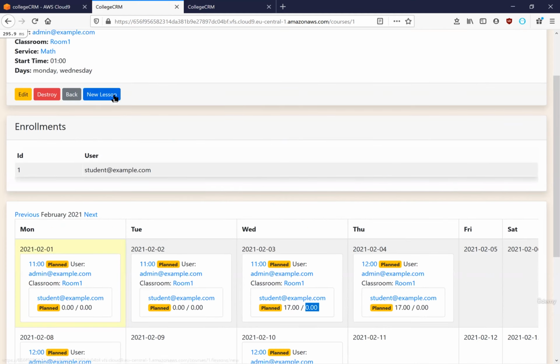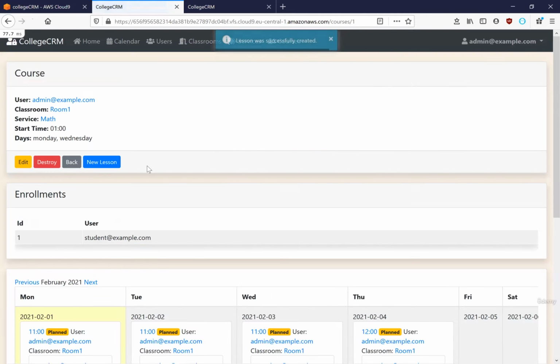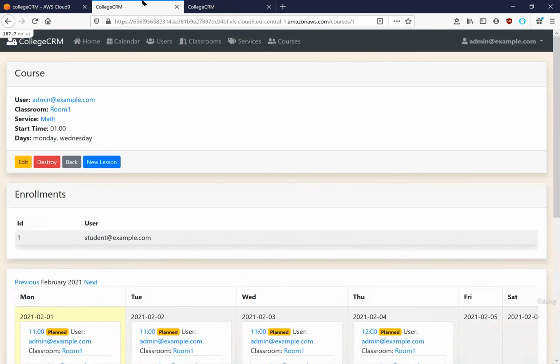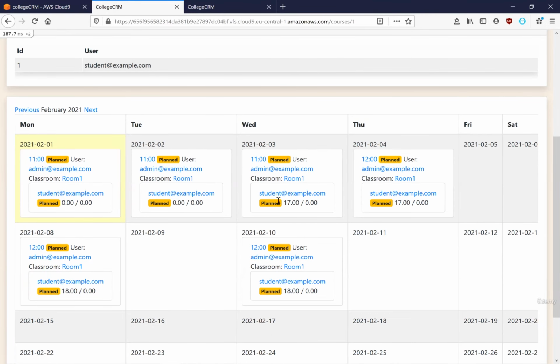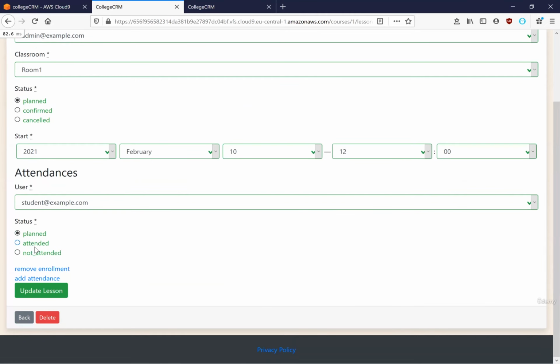So now if we just create a new lesson, let's make it February 14th, and go to the student page, the student total should be 0 because he has 8 attendances, but everywhere the status is planned, so he doesn't have to really pay anything. Now let's edit the attendance status. We will go to this lesson. Actually, I will open this lesson, make the attendance status attended,